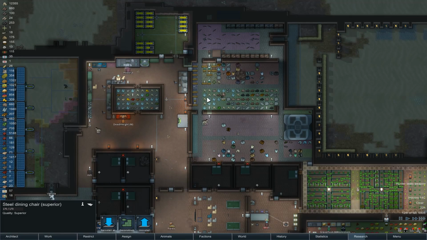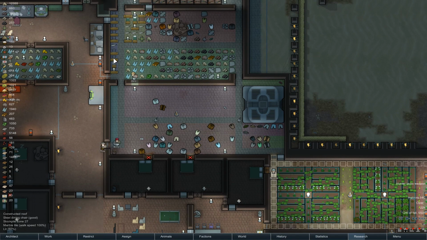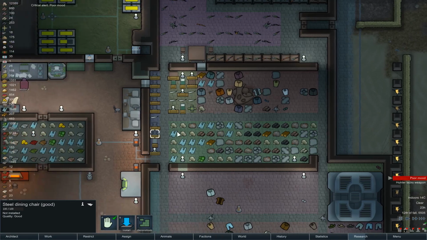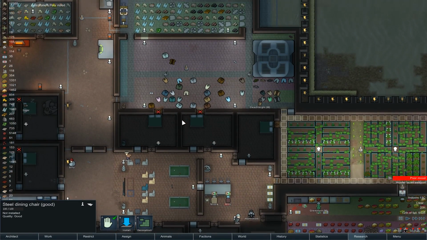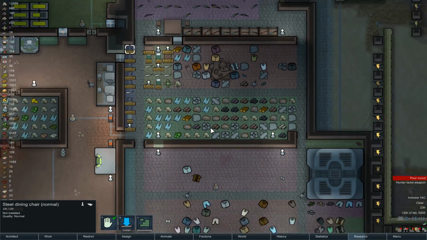Okay, that's not really what I meant to do, but alright. Oh no, maybe we're alright now. That is the one being moved. So one of these is going to be superior. Where did they put it? Where did you guys put my superior chair? I blooming lost it. Probably being blind, mind, but...